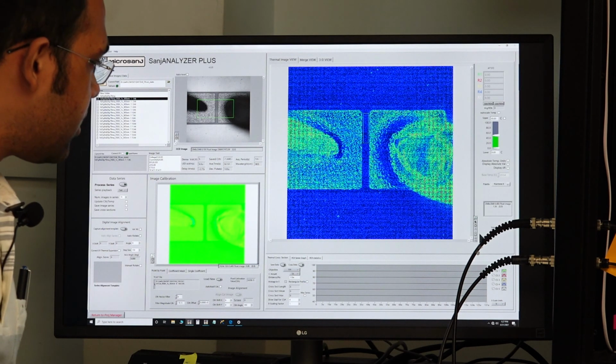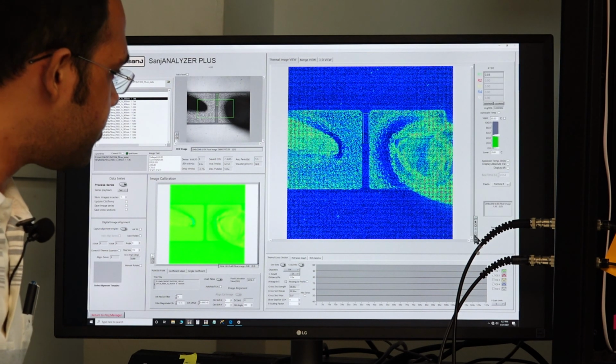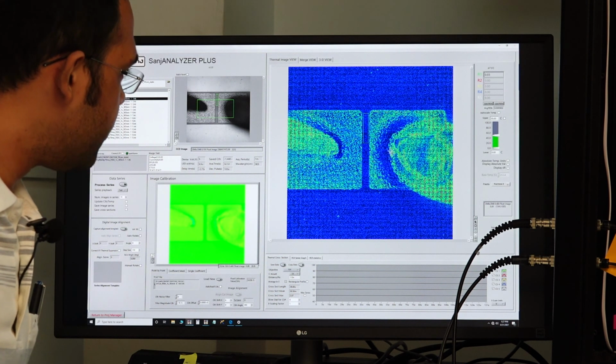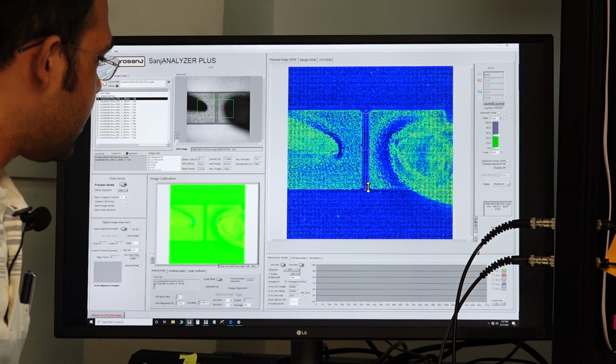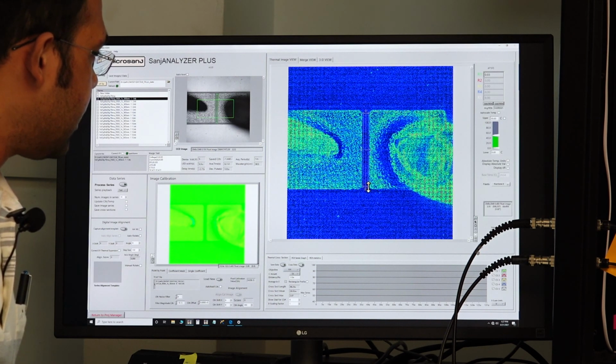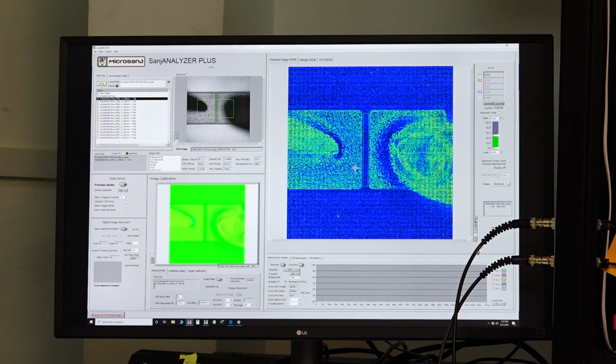So first we click on this option here, which shows region of interest, and then this rectangular area will take an average. So the rectangular area indicates that it will take an average of temperature within this area. And so you see R1 gets activated here.